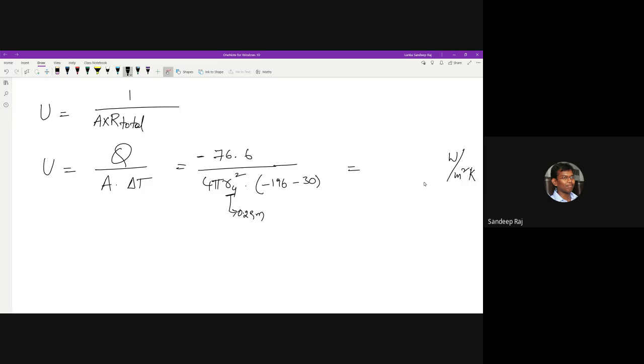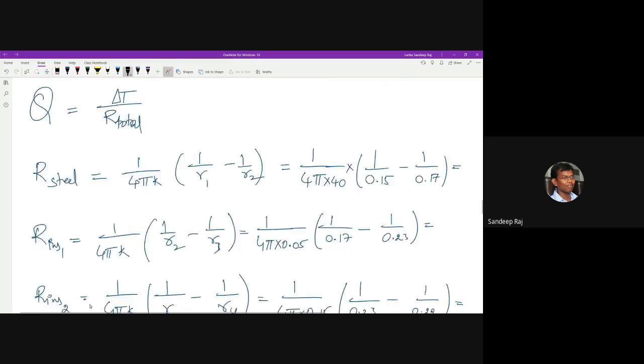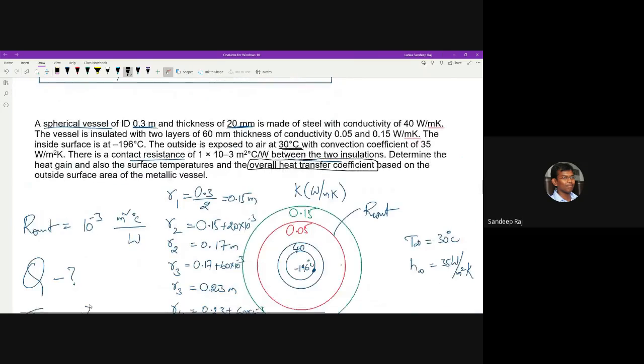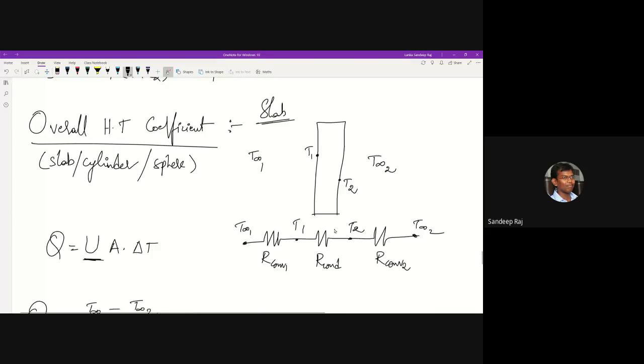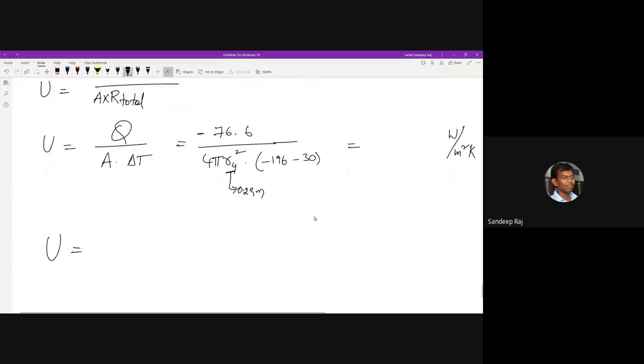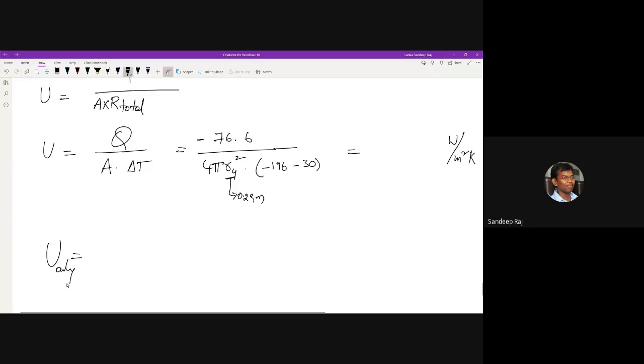So this is one way of doing it. But look at your problem. In your problem, what he is saying is that he wants you to find this U based on the outside surface area of the metallic vessel. Only the outside surface area of the metallic vessel you have taken, but the delta T you have corresponded for the whole thing, in the calculation that you have done. So if you want it for only the outer shell,